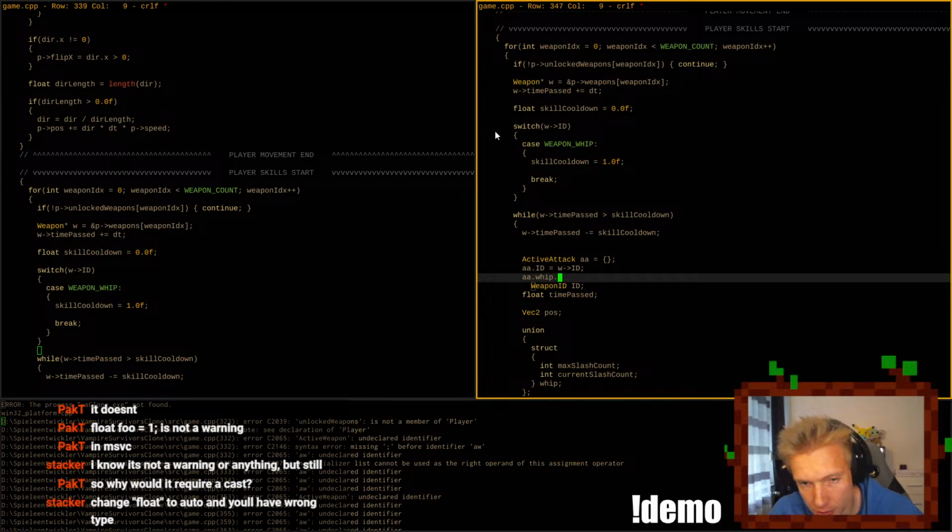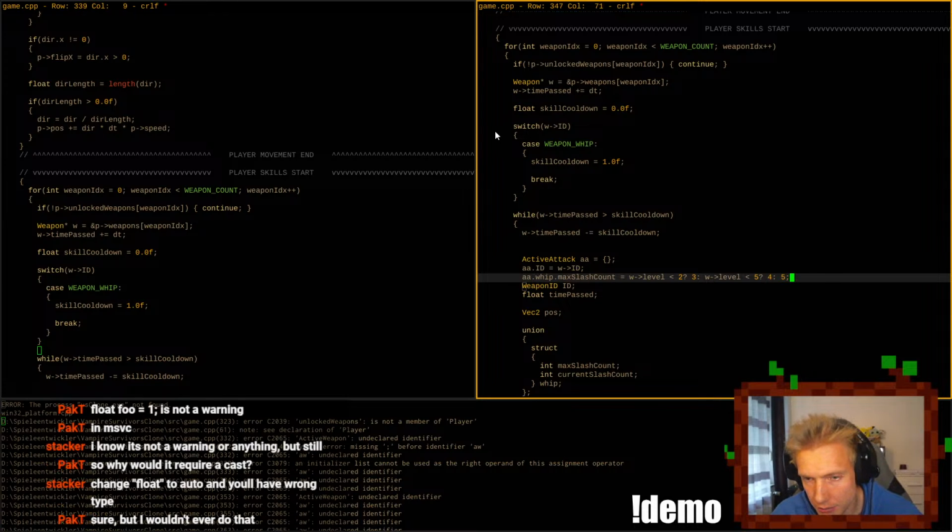Okay, so the whip dot max slash count is W level less than 2 ? 3, otherwise W level less than 5 ? 4, otherwise it's 5.